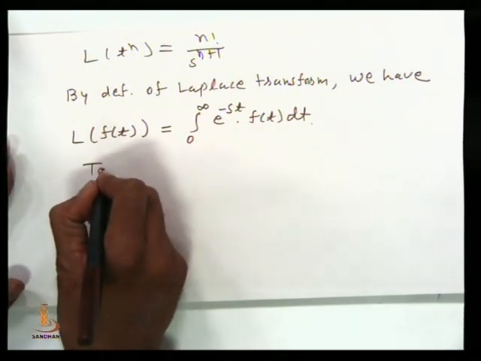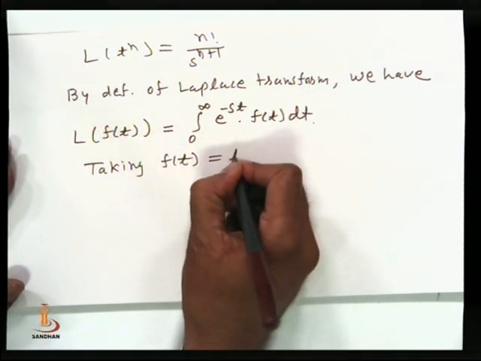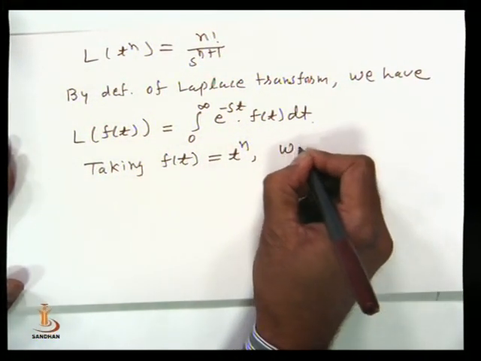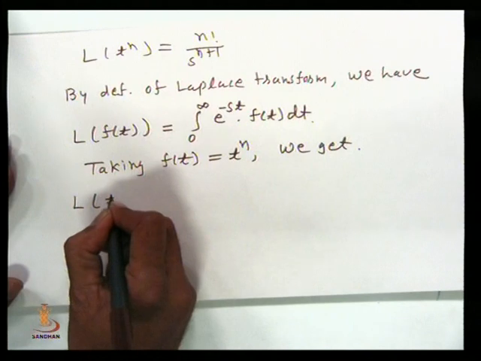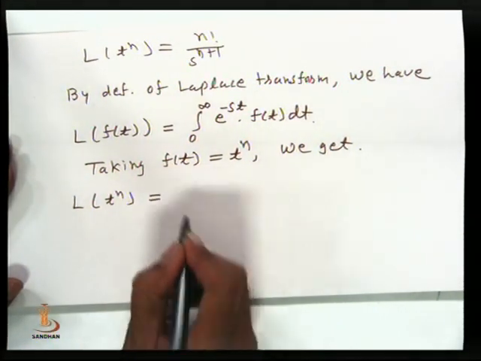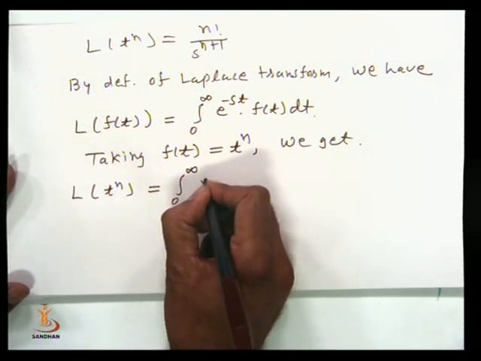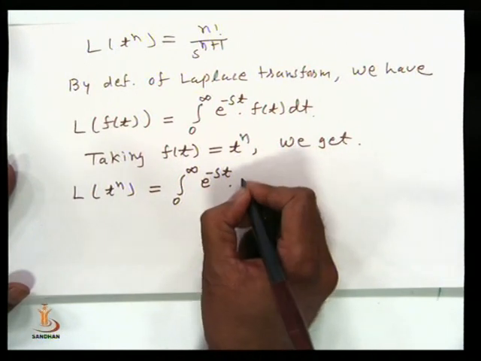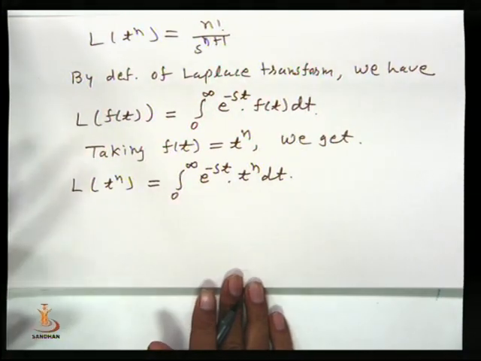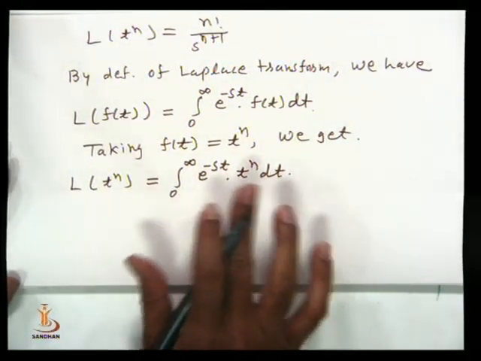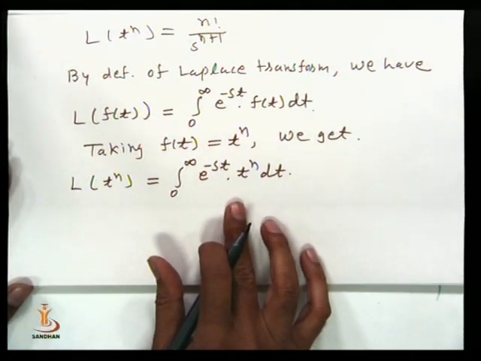Taking f of t equal to t raised to n, we get Laplace of t raised to n equal to integral 0 to infinity e raised to minus st into t raised to n dt. Now we have to evaluate the right hand side integral, and to evaluate this integral we will take